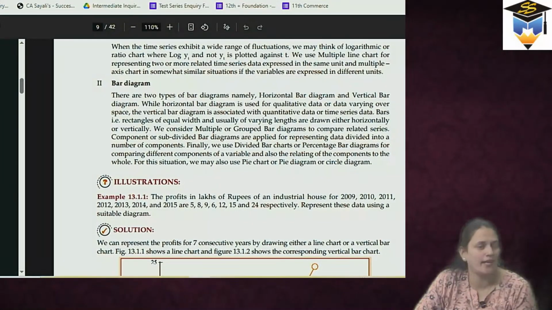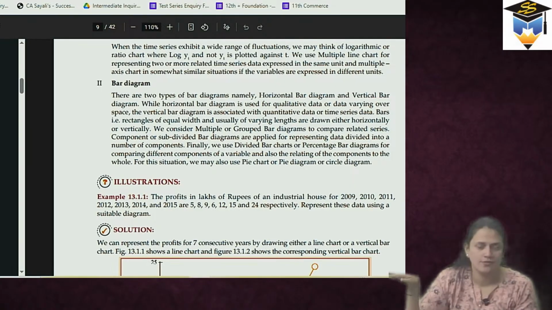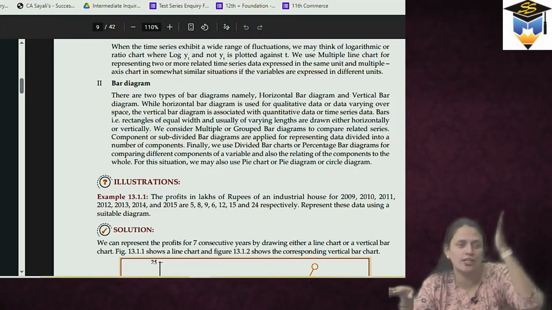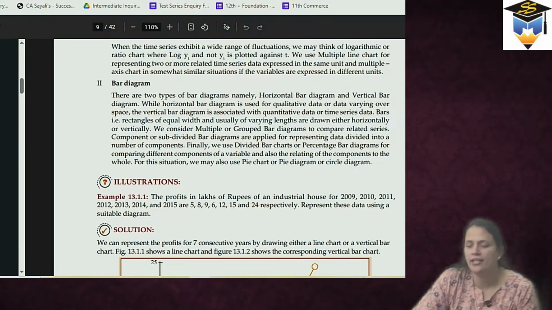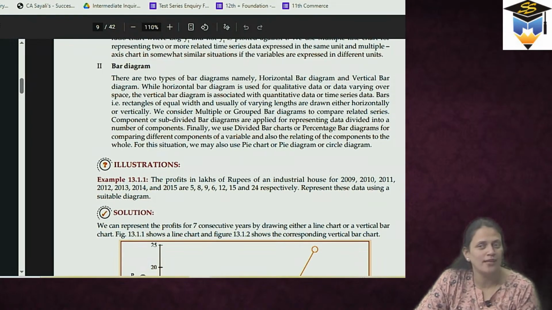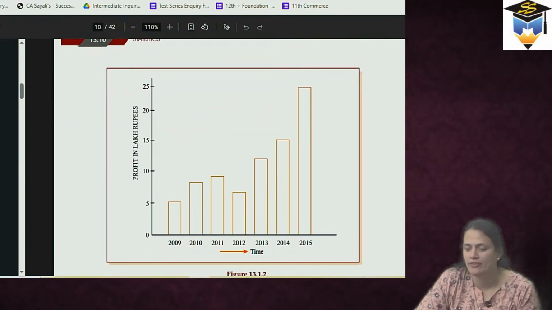Then second is a bar diagram. You already know what is a bar diagram. Everybody has done up till 10 standard. On the x-axis, which data is there, and on the y-axis, which data is there? Can you tell me? x-axis पे independent variable रहता है या dependent variable? पता है आपको? See, now this is a bar graph. Everybody knows a bar graph.